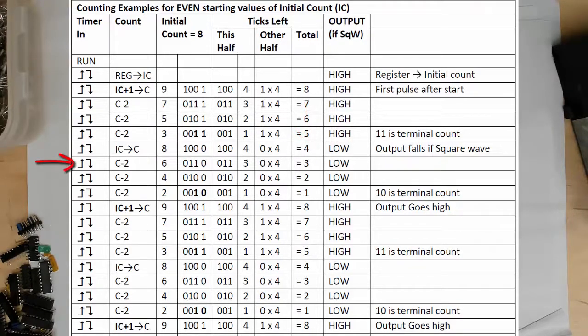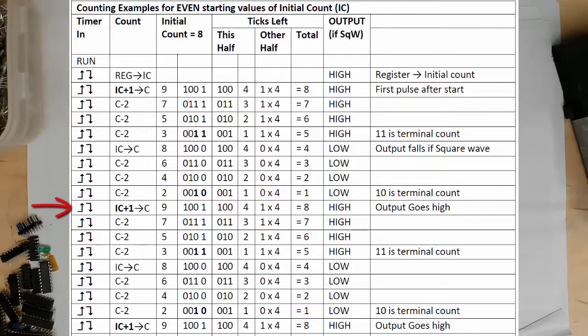We do another tick. We say decrement 2, decrement 2, decrement 2. We're now down to 2, which is 1, 0. That's our terminal count that's going to cause us to reload. It tells us that there's 1 tick left in this half, 0 ticks left in the other half for a total tick of 1. That tick comes along. The output now goes high because we've